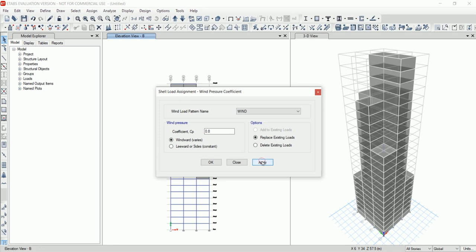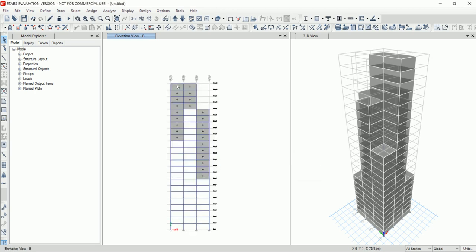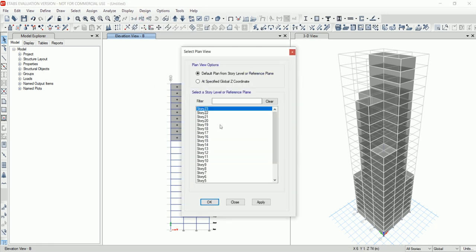Now click on apply, then click on OK. Now go to set plan view, then select story 1, click on OK.